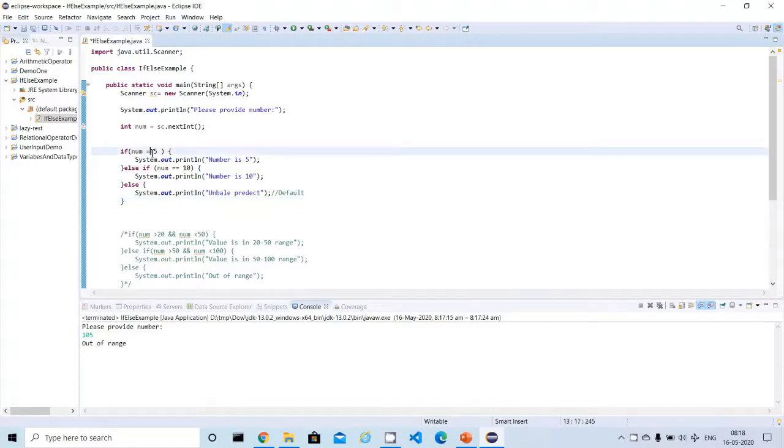So this is the relational operator that I used. I'm going to use here the not operator, not equal to. So I'm going to use basically the not operator.